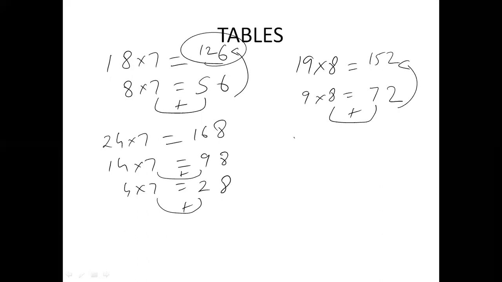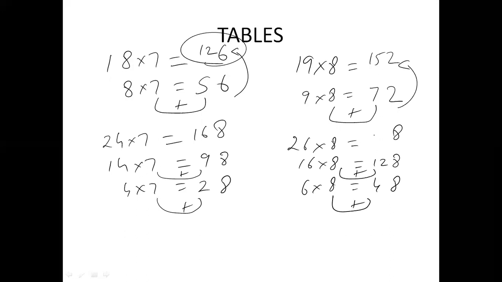We'll do one more time. Wanted to know what is 26 into 8. For that, first calculate 16 into 8. If you don't know, calculate 6 into 8. That is 48. Copy 8. 8 plus 4, 12. 8 plus 12, 20. So 208 is the answer of 26 into 8. So see how quickly you can save your time in tables. This is a very useful method for you in aptitude calculations. I hope all of you understood the calculation tricks of cube root, square root, fraction of 7 and tables. Thank you so much.